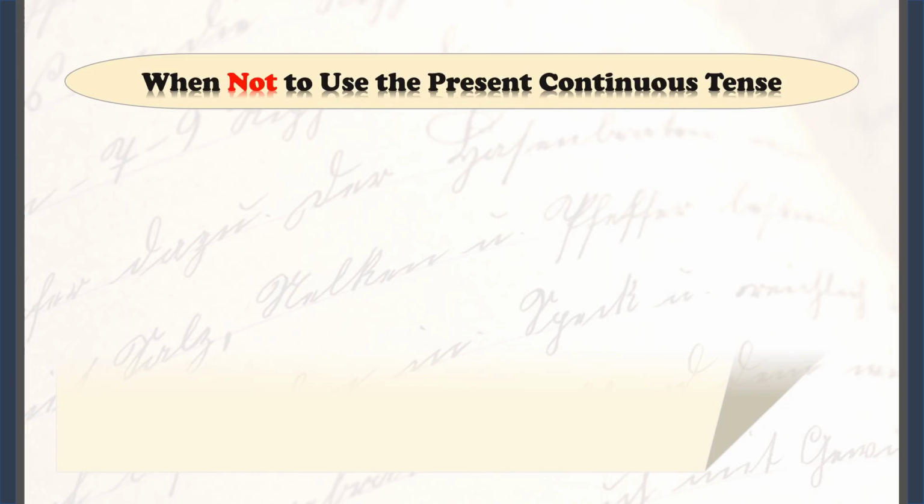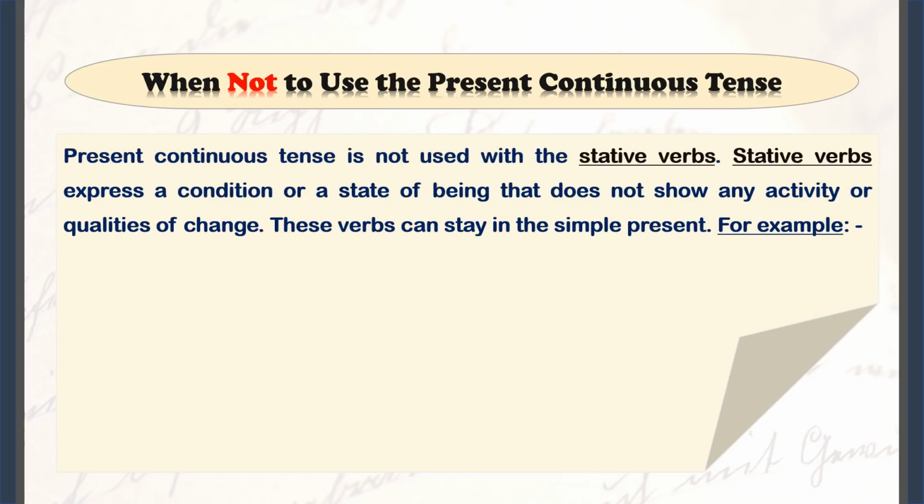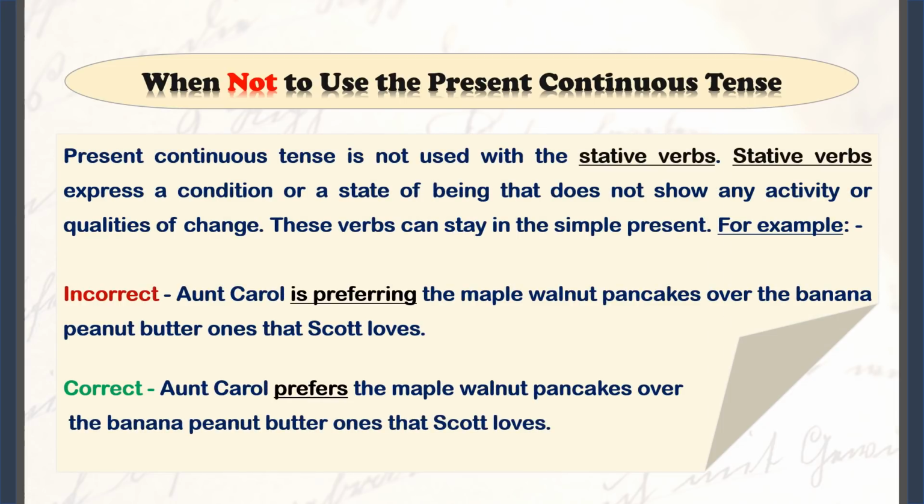When not to use the present continuous tense. Stative verbs. Stative verbs express a condition or a state of being that does not show any activity or qualities of change. These verbs can stay in the simple present. For example,